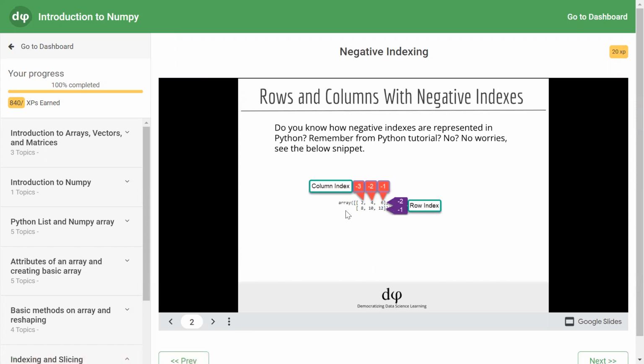What I am saying is, you have here a two-dimensional NumPy array containing 2 rows and 3 columns having elements 2, 4, 6, 8, 10, 12. This is a 2 by 3 NumPy array containing a total of 6 elements.